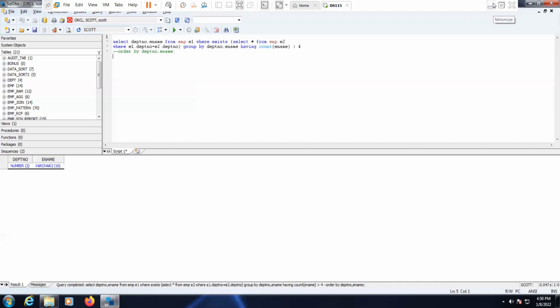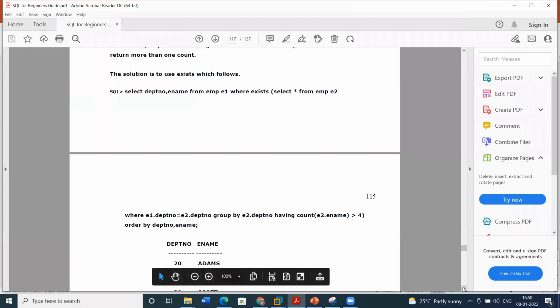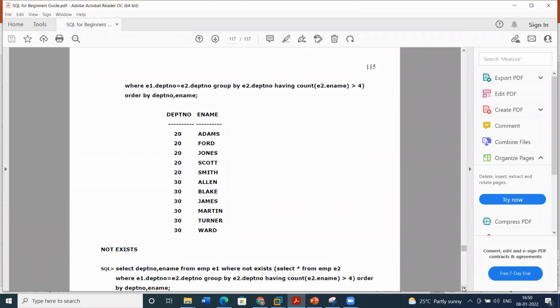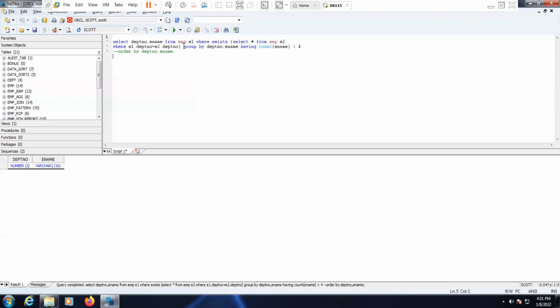Okay, let me click on this. I think GROUP BY is not required here.